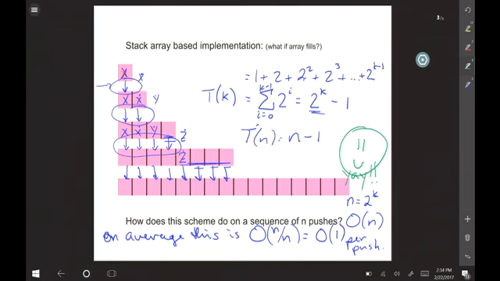Let's see. Anything else? Any other questions about this? So there was a question asked earlier that I want to readdress. I don't remember who asked it. It might have been, did you ask the question? Can you ask your question again?